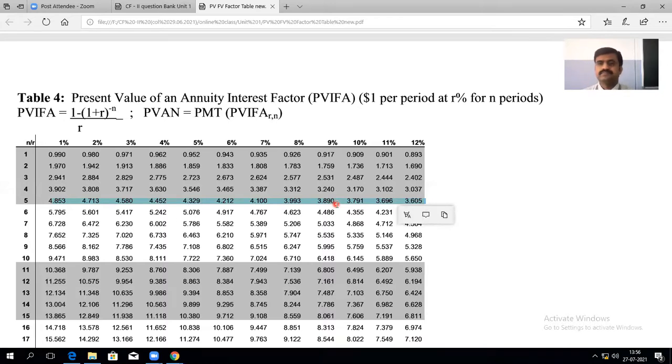Students? Yes, sir. Okay, so all of you please write down this, what I'm going to tell now. We find that the modified payback period of 3.847